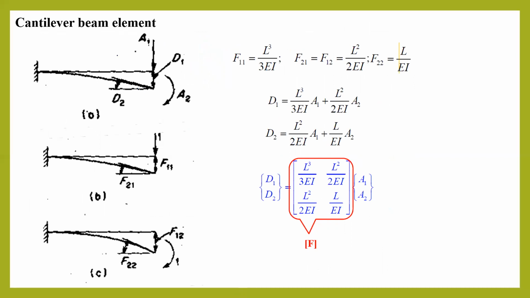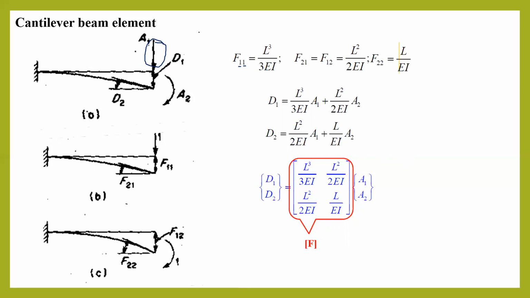So here, when we choose the released component as forces, it is obtained based on the basic strength of materials concepts of cantilever: deflection of a cantilever beam with point load at free end, slope of the cantilever beam, all those things have to be studied. So now let us say F11, that is deformation at 1 due to unit force at 1.